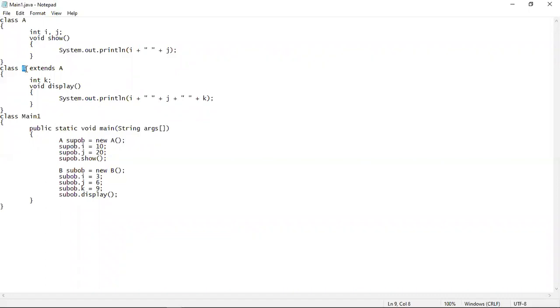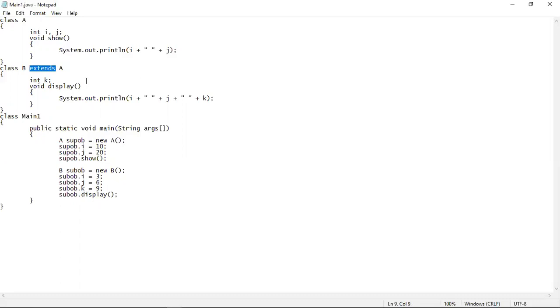Now, to implement inheritance in a program, to create a subclass from a superclass, Java uses the extends keyword. This extends keyword is used to indicate that B is the subclass of A. So whenever we write class B extends A, that means B will be the subclass which will inherit the properties or characteristics of the superclass A. So by using this extends keyword, we actually implement inheritance in a Java program.